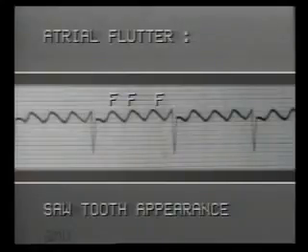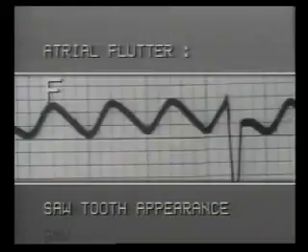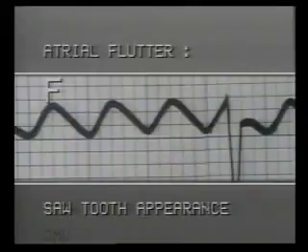In this ECG, the P waves are very large and rapid, and the rate is about 300 per minute. This condition is called atrial flutter. Here, the impulses travel in a circular course in the atria, giving rise to rapid, regular, and undulating flutter waves. These are not P waves, but flutter waves or F waves. Capital F stands for flutter waves.